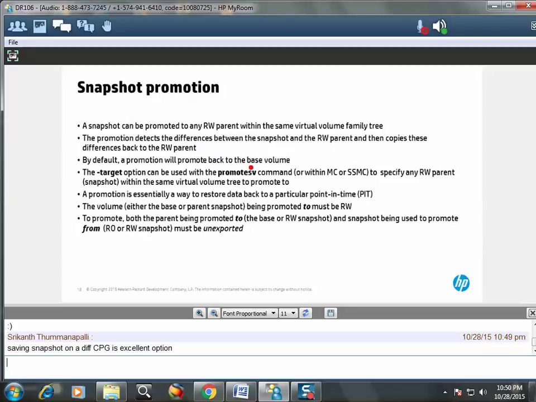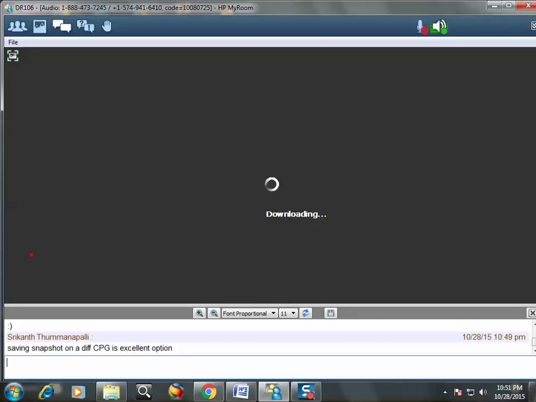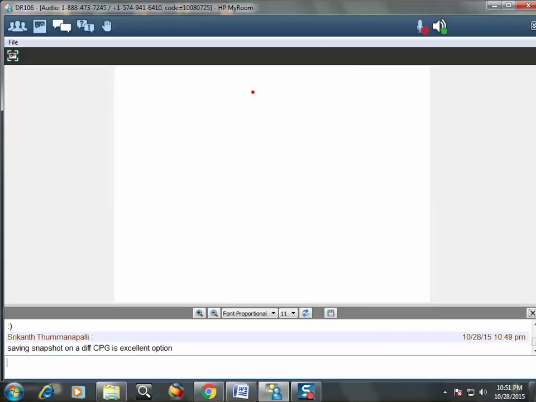And you can also promote from the command line. But what I also want to show you, and this is kind of a segue, even though I just talked about what a promotion is, let's talk about something here. Let's say you have a base volume. It's just a virtual volume. It's going to act as your base. And remember, your base has to be read-write. Now remember, off of this read-write base,